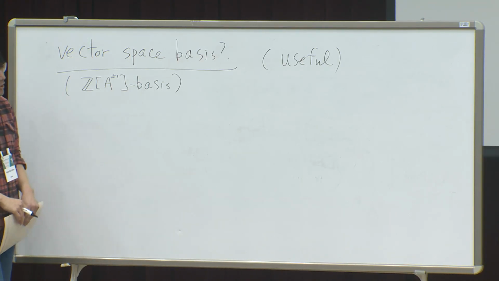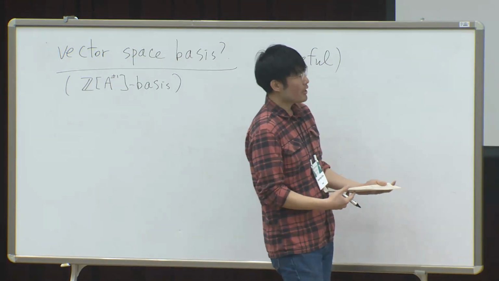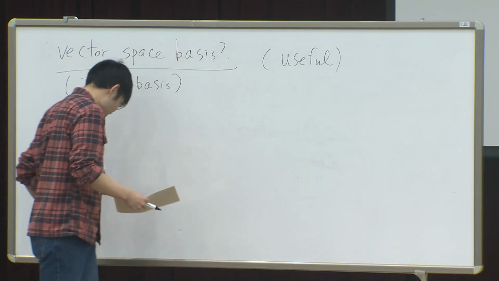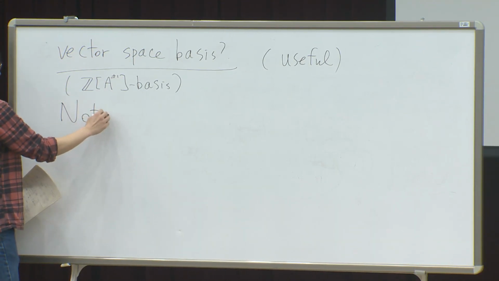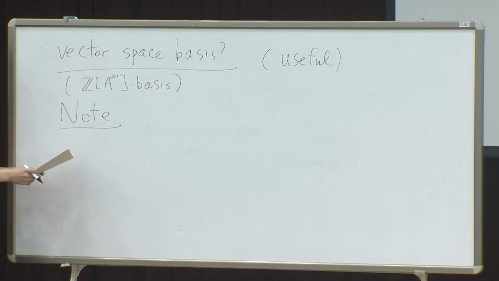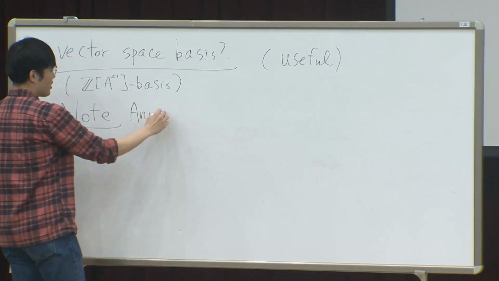And we can already observe how to find a natural spanning set using the discussion that we have had so far. So note that if you have any framed link, any element of the skein algebra,